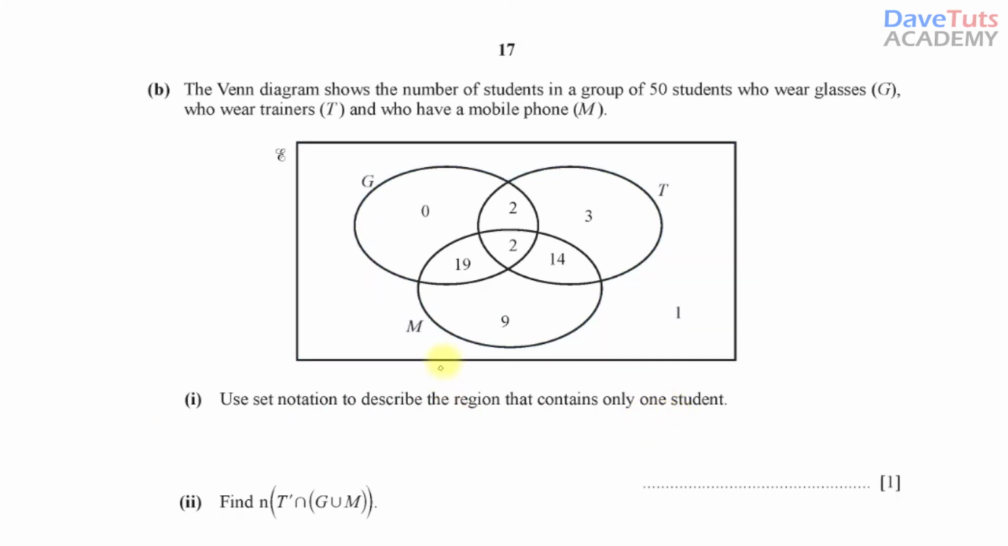So if you want to write that in set notation, we are going to say this is going to be the complement of G union T union M. Those are the regions that are having these circles, but the complement of it is the one outside. So this is how to write it in set notation. Okay,